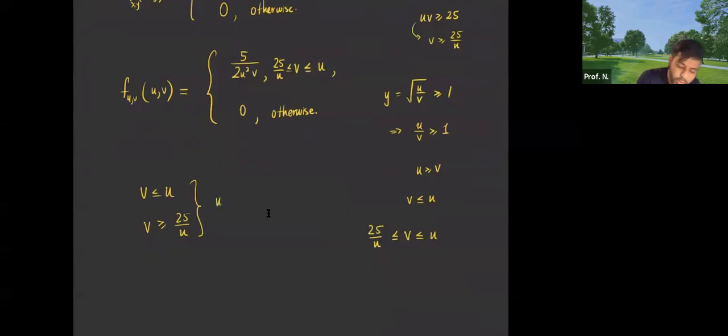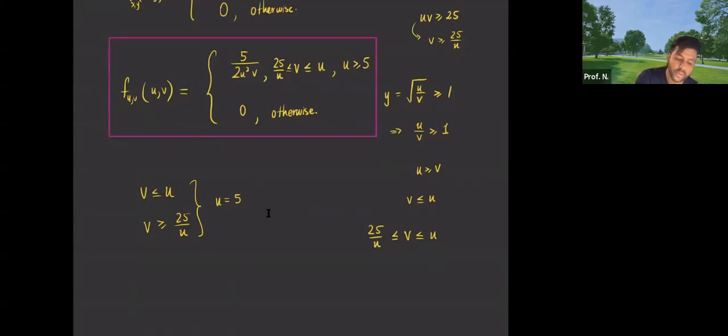They're equal when u is equal to 5, if you notice. If this is 5 and this is 5, then v is the same. So that means that u has to equal 5 at least. It can't be less than 5. So we say that u has to be greater than or equal to 5. So this is my domain